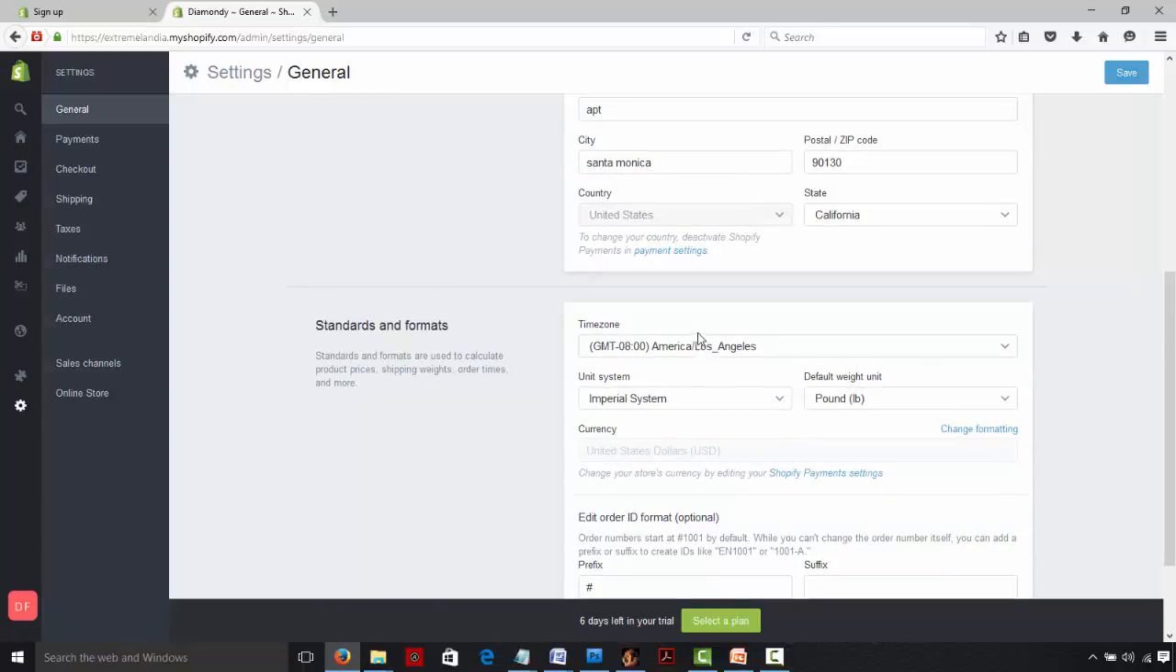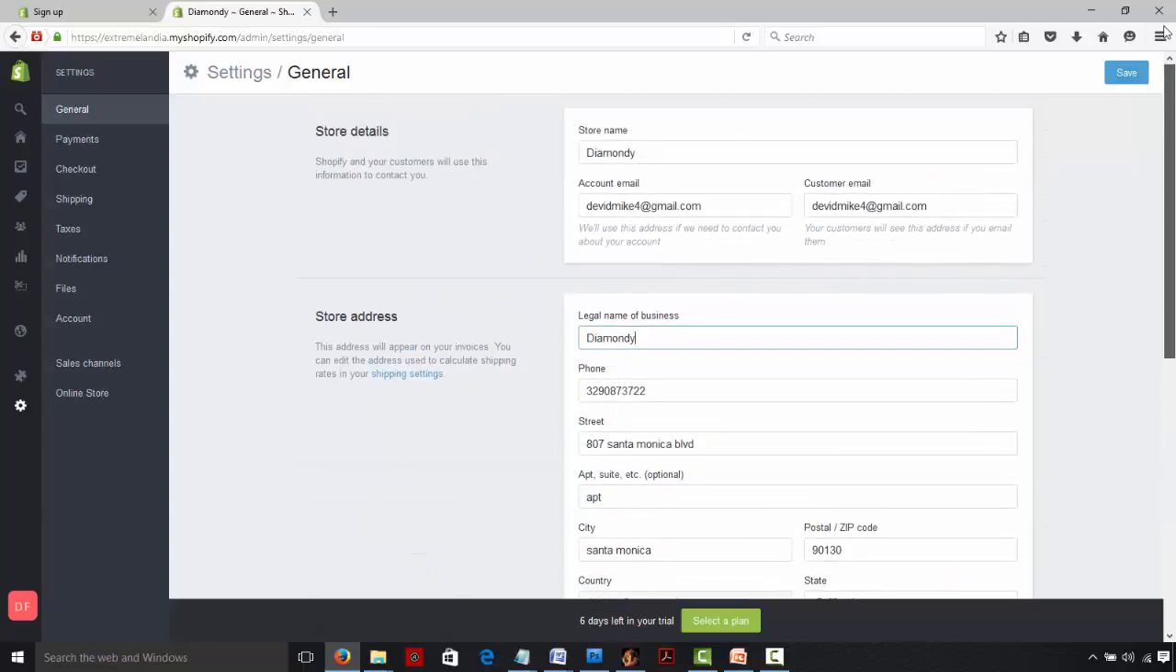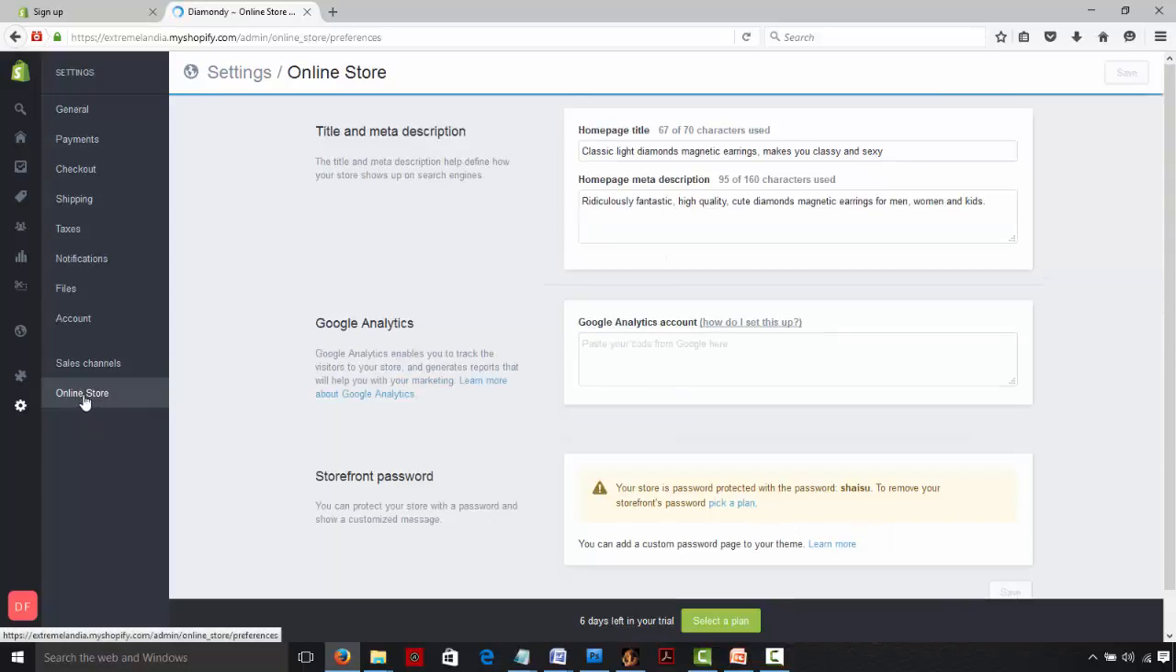The next is the standards and formats section. In here you can change the time zone, the unit system, weight unit, currency, and other ID format. After you have completed these details, just click on online store right here, and you will